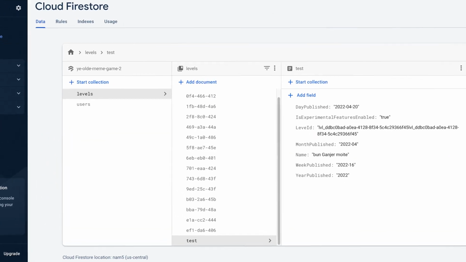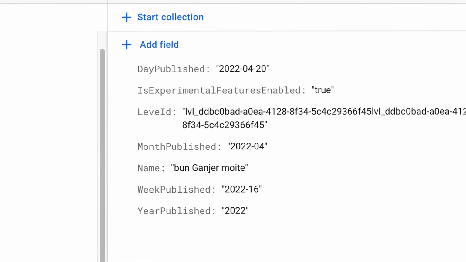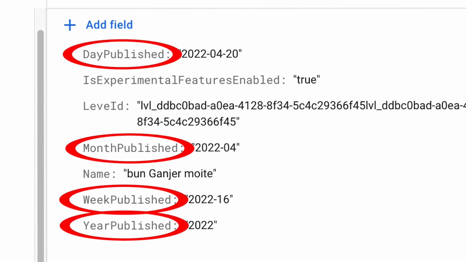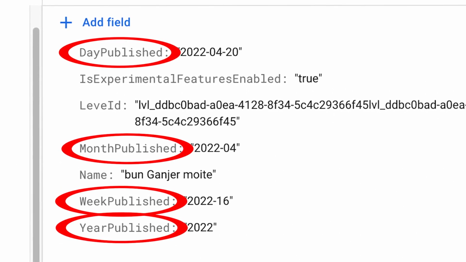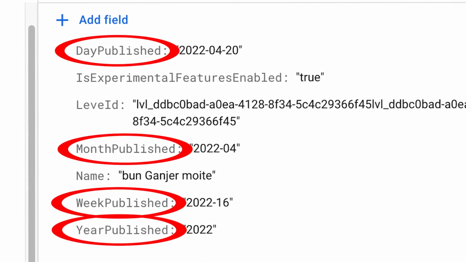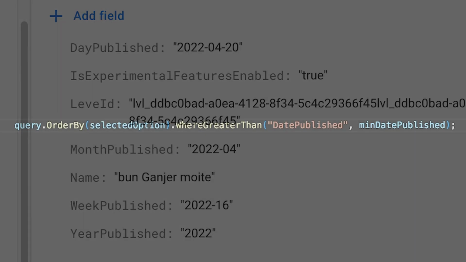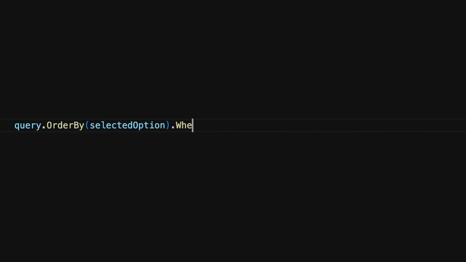Wahoo! So my solution was to add these extra fields to the level document. Day published, week published, month published, and year published. These fields are just the values you'd expect, but converted from number format to text format. For example, day published might look like this. Now when I build the query, instead of checking if the date published is greater than some value, I could